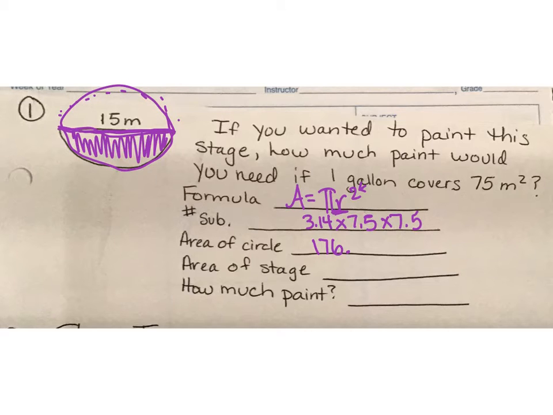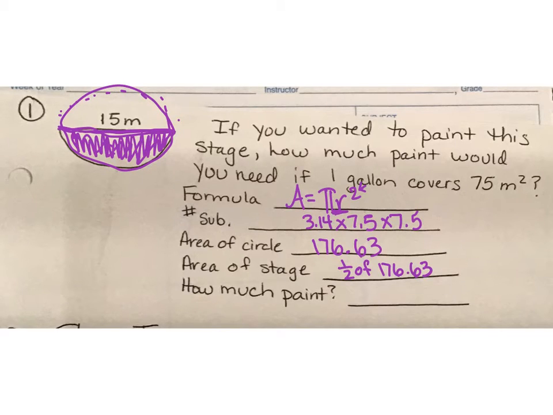So let's go 6.3. But remember when we did the formula, this is the formula for an entire circle. We don't want a whole circle. We only want what fraction of the circle, so we only want half of the circle. So does it make sense to you guys that we need half of that amount? So half of